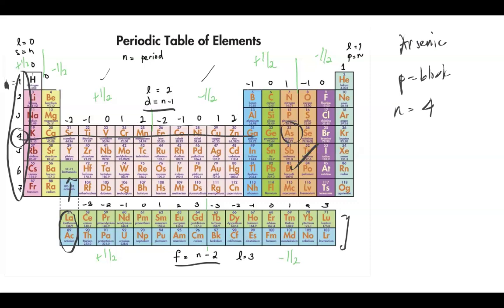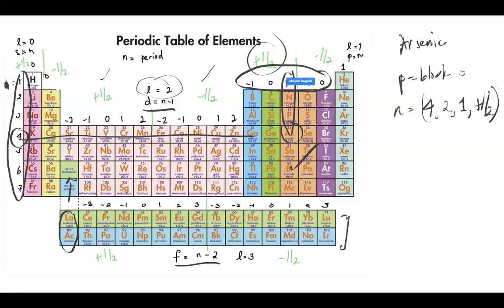Next is for your letter L. Simply know that it's on the P block, so its letter L is equivalent to 2. So you can also already write that one. Next is its m sub l, which is again on the orbital diagram, the last arrow that you wrote. So I asked you to write here the following. So identify kung ano yung katapat niya. So this one, arsenic, is over here. So it's 1. And then it's positive or negative 1/2; if it's on the left side of the P block, that is positive 1/2. So that is how you write it just by looking at your periodic table.